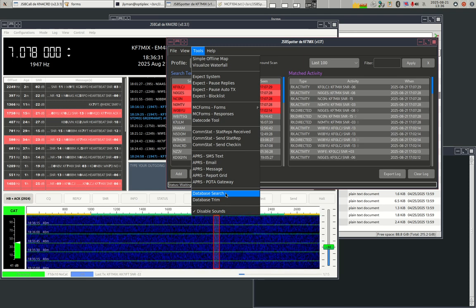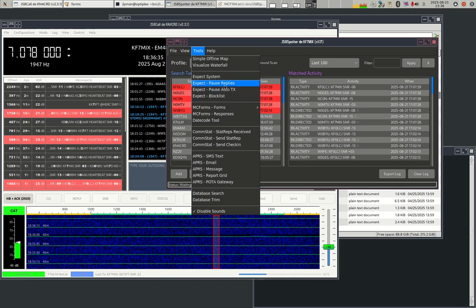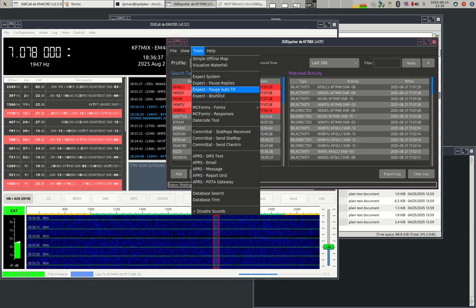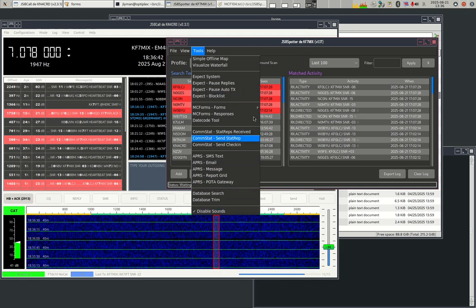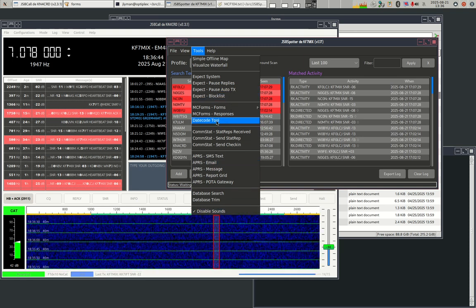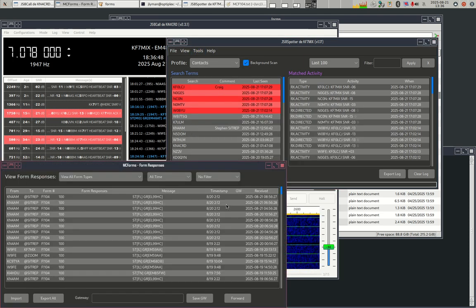So last thing is these little database commands. I've skipped over some of these things that are very straightforward, I hope. Pause reply, pause auto transmissions, disable sounds, a block list. The date code, let me give you this information too. You see right here on these responses, well,